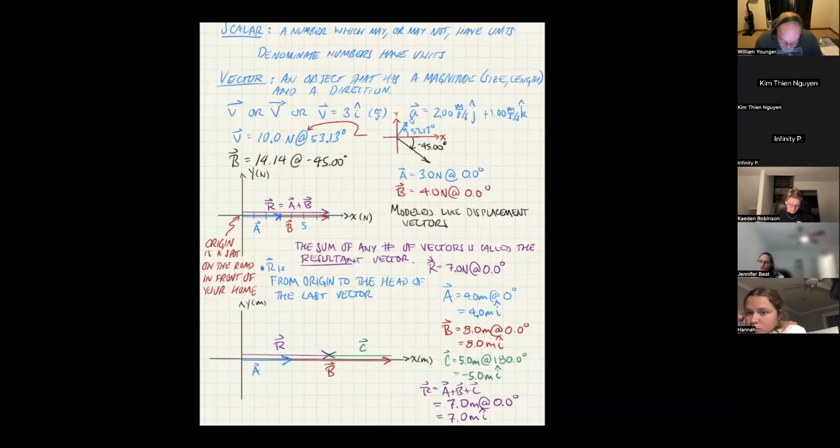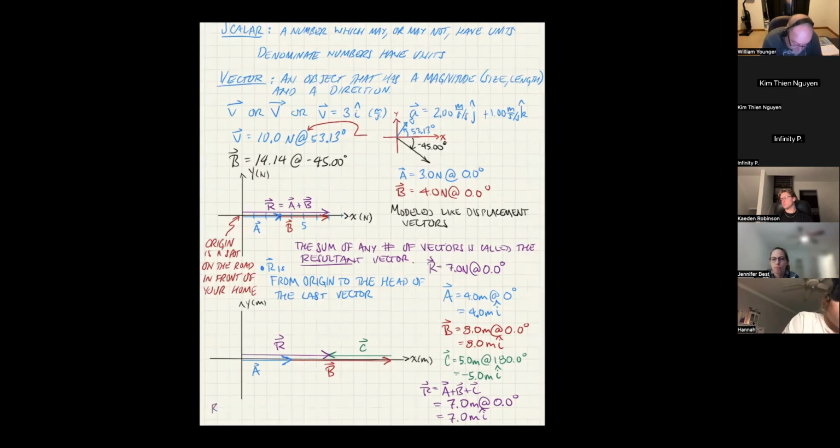So did I take the first vector and put its tail at the origin, and then at the head of that vector put the tail of the second vector? And then since I had 3 vectors instead of 2, did I then put the tail of the third vector at the head of the second? And finally, did I draw a line from the origin to the head of the last to represent my resultant vector? Is that what I did in the second diagram? Yeah, so you see